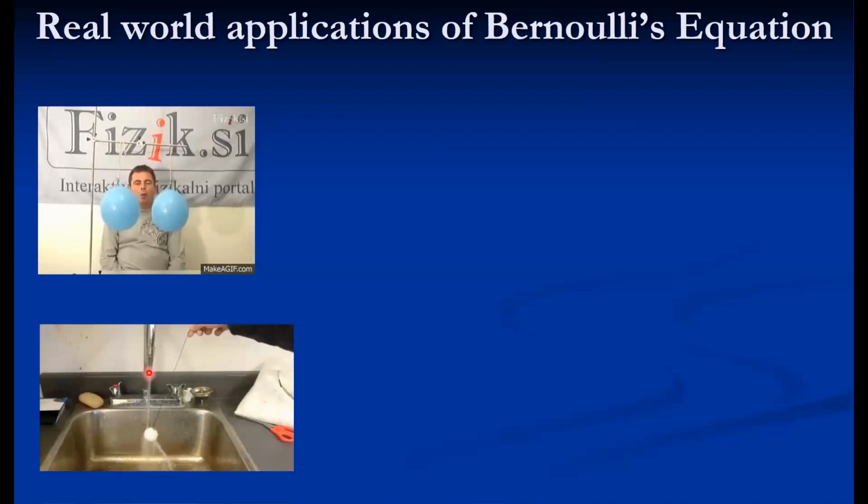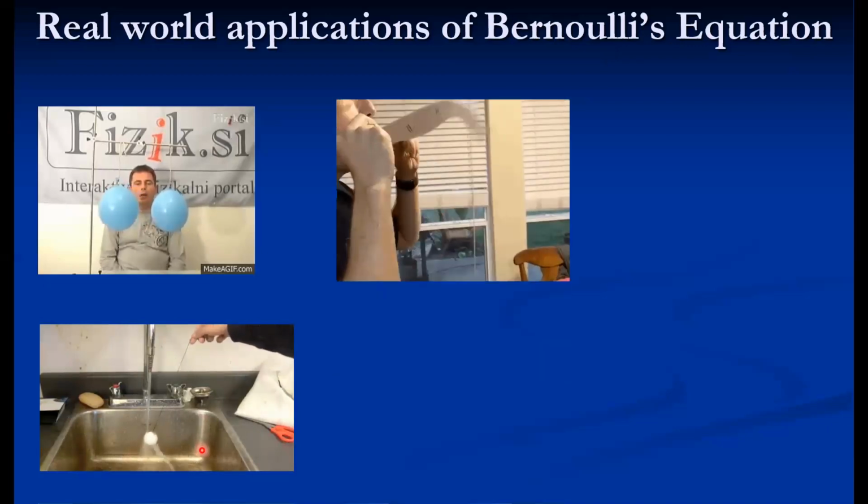The same thing happens here. If we pass a jet of water through this particular ball, the velocity is high, so the ball is attracted towards the jet. It is the same principle here. Because of this high velocity jet, the pressure is low here, so the ball is attracted towards the jet and it remains in the jet. See how it is attracted towards the jet. That is Bernoulli's equation, the beauty of Bernoulli's equation.